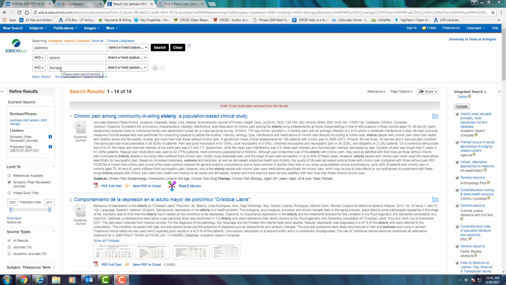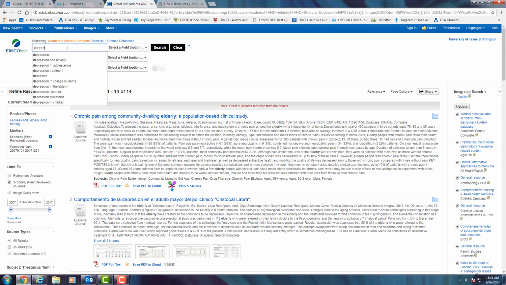And now we're going to really utilize some of our Boolean operators because we still don't have enough results. We've found some great articles this way, but we still want to play around with Boolean a little bit more and see what else we can come up with. So what we are going to do is use some brackets and search all of our keywords and our synonyms at the same time. And so the brackets or the quotations at the end is going to tell the database to search all of the phrase that we are going to type in.